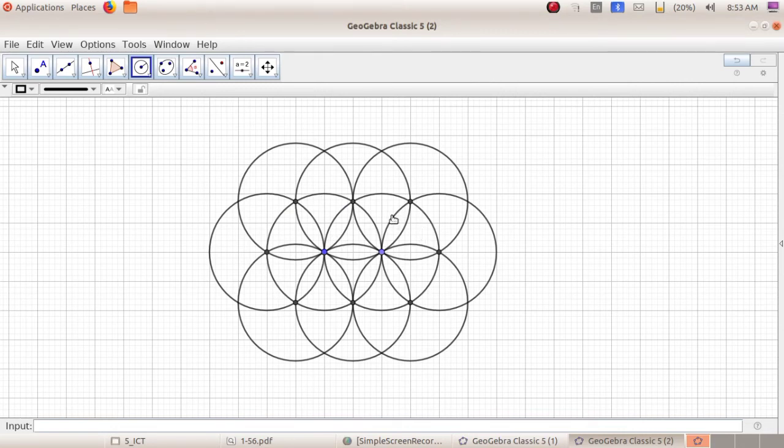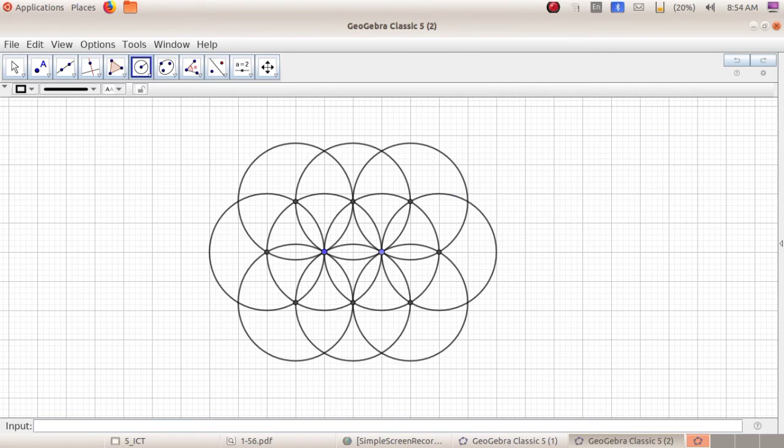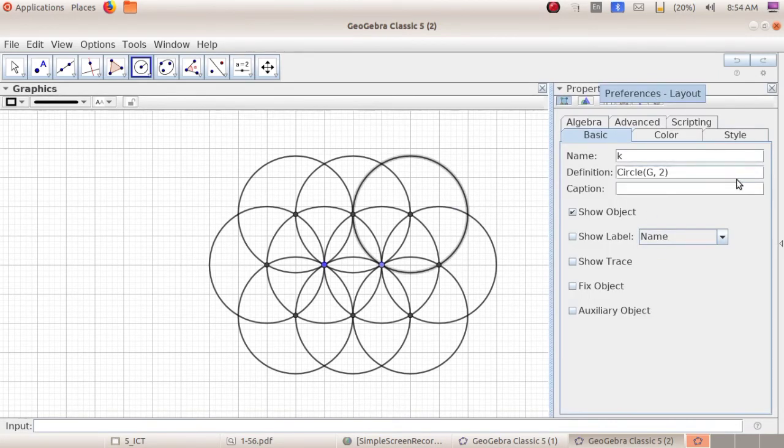Now, dear children, we can add colors to the circles. Right click on the circle. Now select object properties. So write the steps to color. Add color to circles means what is the answer? First of all, right click on the circle, then select object properties. This is the object properties. Now we can make it attractive by selecting suitable colors by clicking on the color tab. This is the color tab.